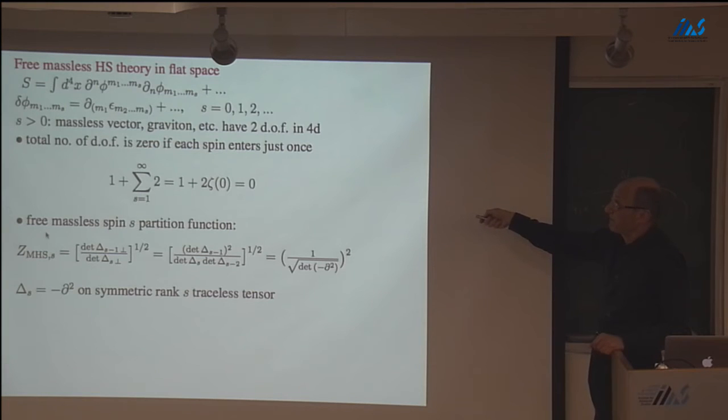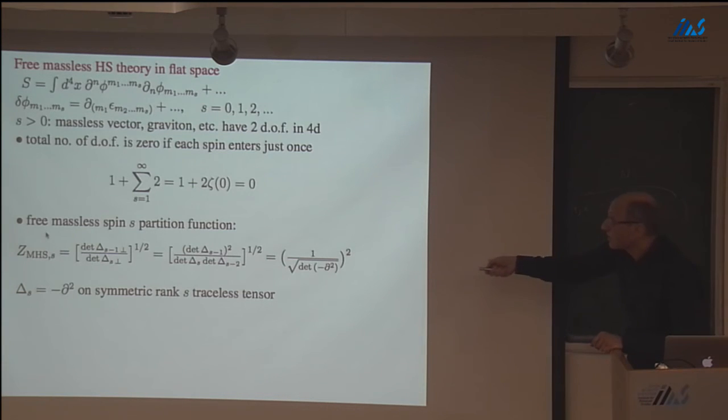2 degrees of freedom. So now imagine looking at this silly equation, which says that 1 degree of freedom of real scalar plus 2 degrees of freedom of vector, of graviton, etc. And you sum this infinity using zeta function. Then you get 0. So that sounds a bit naive, but surprisingly, that equation actually turns out to be the right thing with proper regularization of what we need